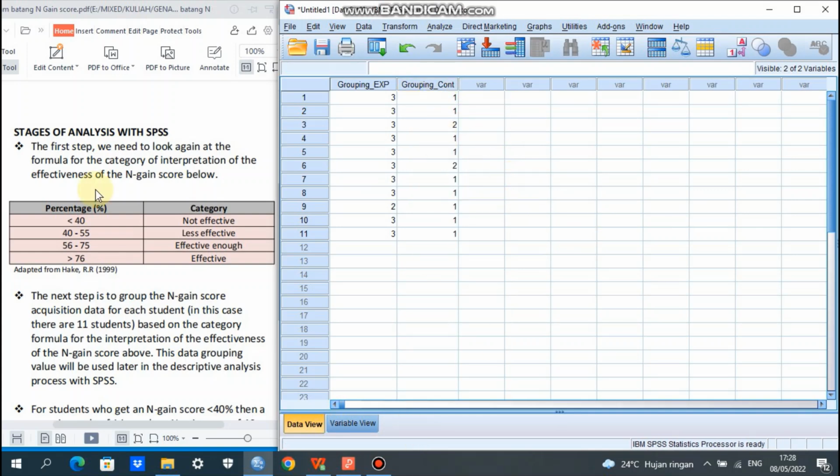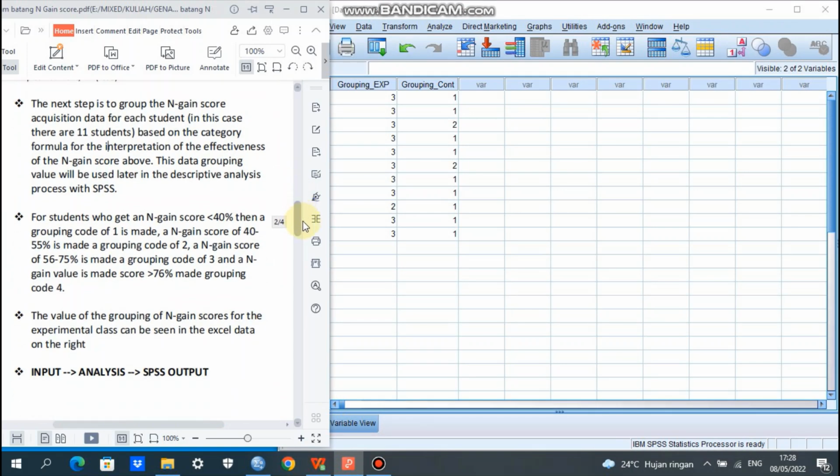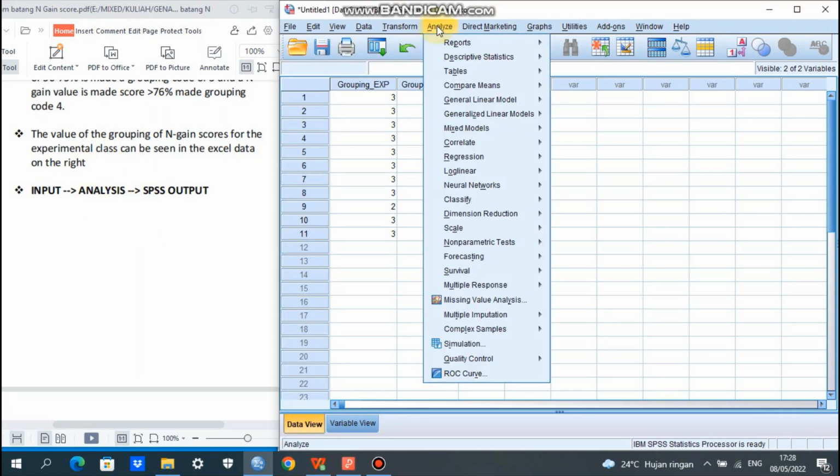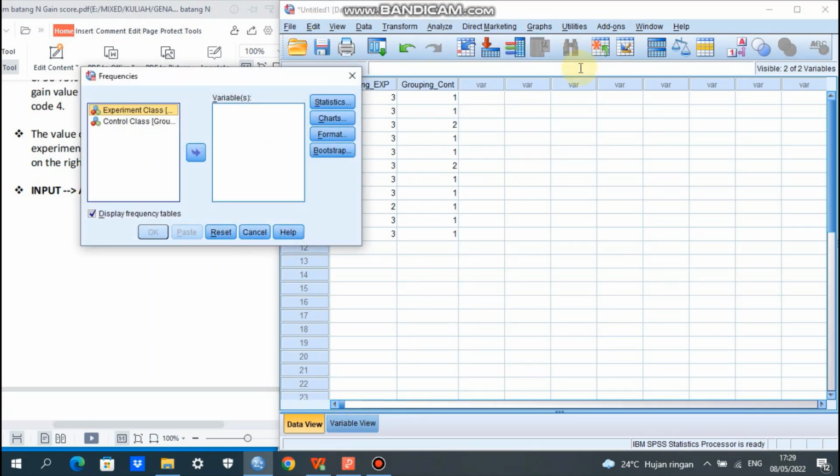Okay. And then the next, after we have already done the input of the data, we go to analyze. Just click analyze, click descriptive statistic, and we click frequencies. So we click experiment class, on grouping experiment, on the dialog box on the left, and we send it to the variables on the dialog box on the right, and control class also on the dialog box on the left, and send it to the variables on the dialog box on the right. Okay.